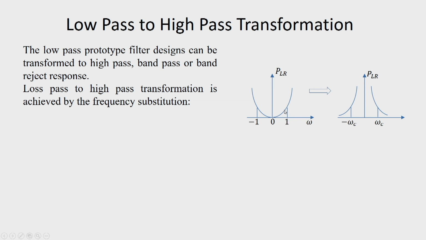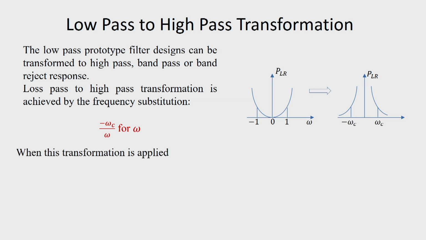Now, this PLR, which has minimal insertion loss at 0, is transformed to a high pass characteristic. So, here we see that insertion loss becomes very high below omega c, and above omega c the insertion loss decreases, and this type of a transformation can be achieved by substituting omega by minus omega c by omega,